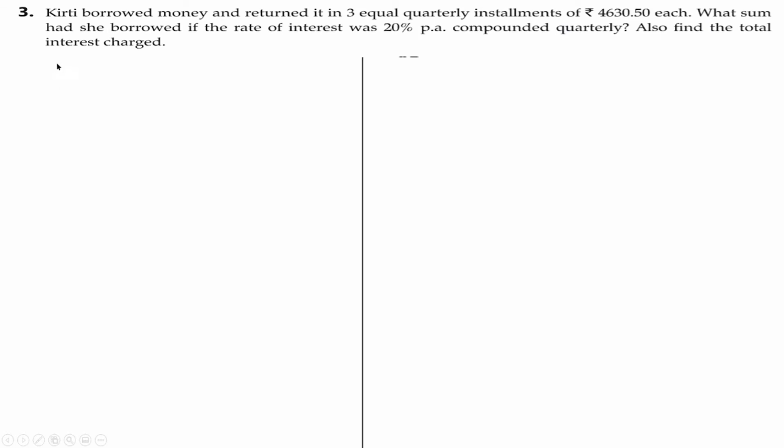Moving on to the next question. It's given Kirti borrowed money and returned it in 3 equal quarterly installments of rupees 4,630.5 each. What sum had she borrowed if the rate of interest was 20% per annum compounded quarterly? Also find the interest charged. So here it is given